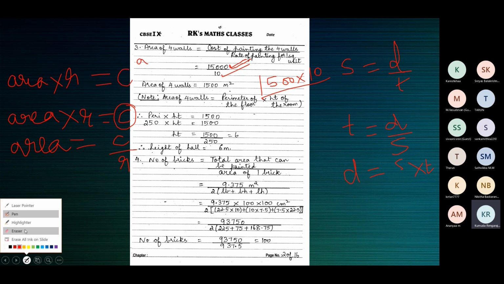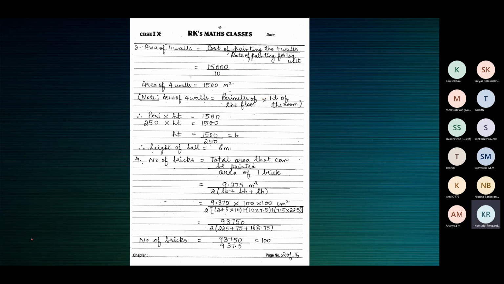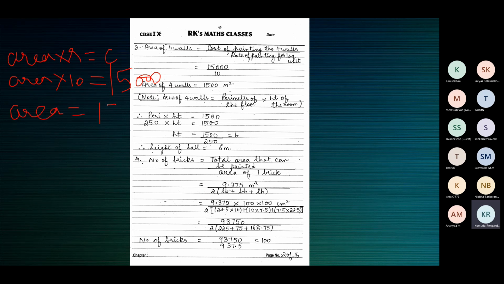Even after practicing, if you're not comfortable with that, you can write this straight away. Area into rate is equal to total cost, and substitute. So area is what we have to find. Area into rate, rate is 10 rupees, is equal to the total cost of 15,000. Therefore, area of 4 walls is equal to 15,000